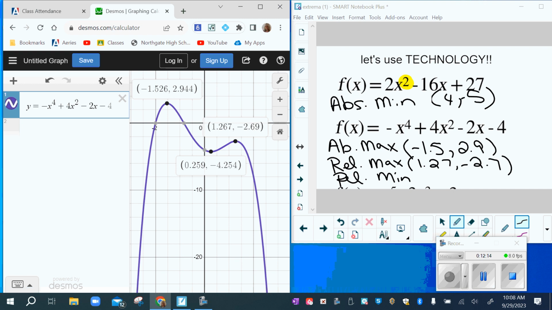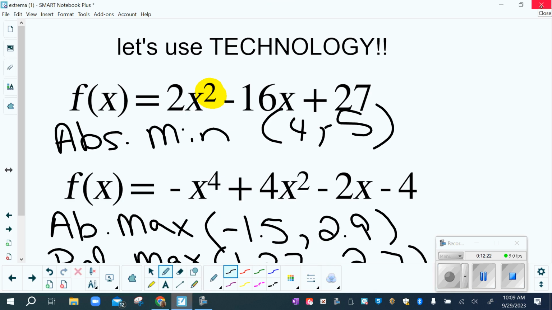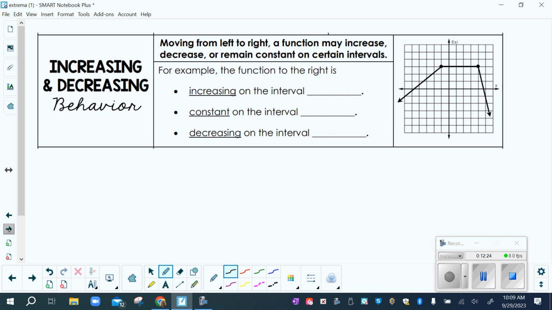We've got one more bit of vocab to learn. So we're switching back. And the next one I actually like a little bit better. The last thing we're going to talk about is increasing and decreasing. We're going to be looking only side to side. So we're talking about, side to side, where is our graph going up, where is it going flat, and where is it going down?